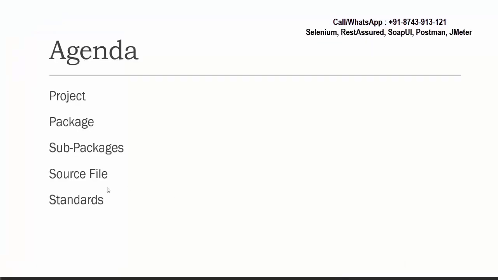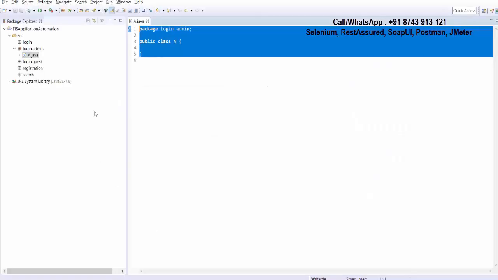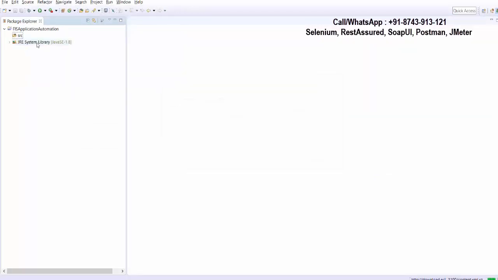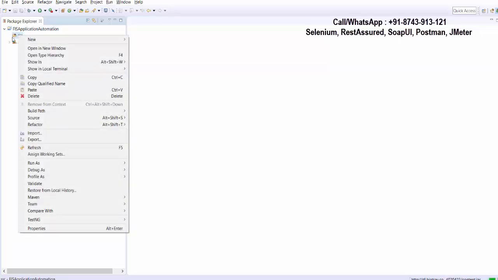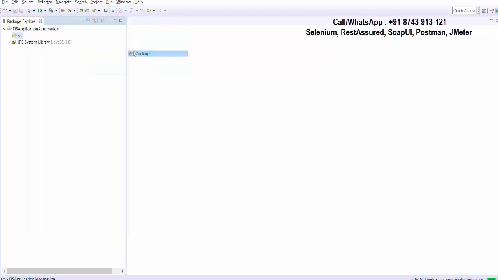And at the last, what standard do we need to follow while creating project, package, classes. So let me just remove all these packages, subpackages and class. There is no standard to create a project name. Just don't use space over there, but always try to give a meaningful name. Now whenever we are creating a package, I'm here on the src, new package.